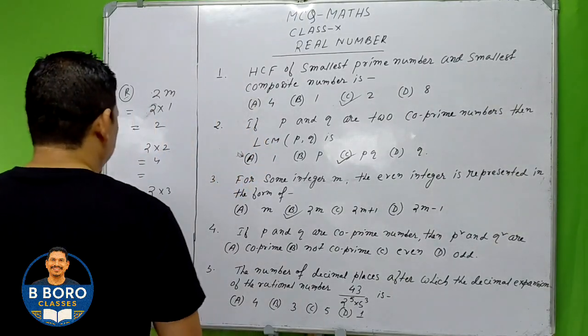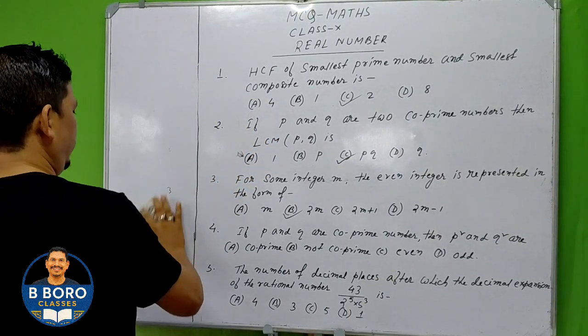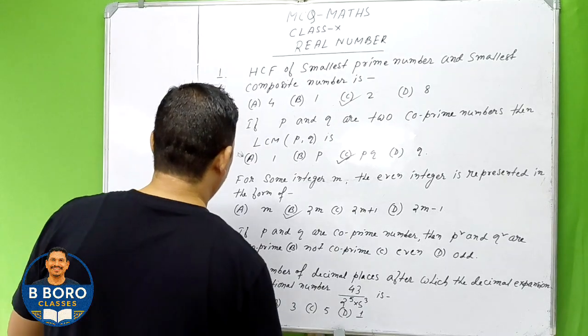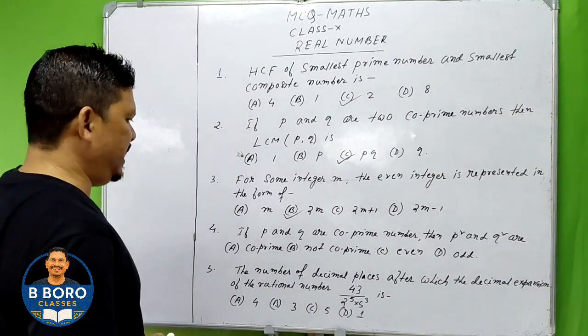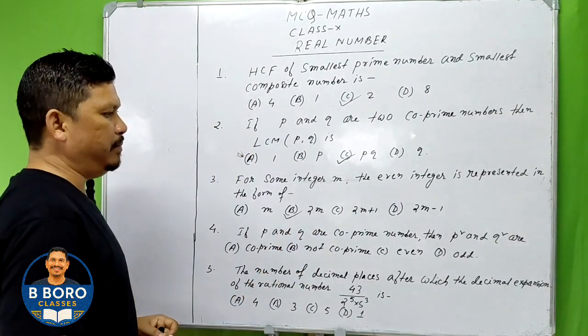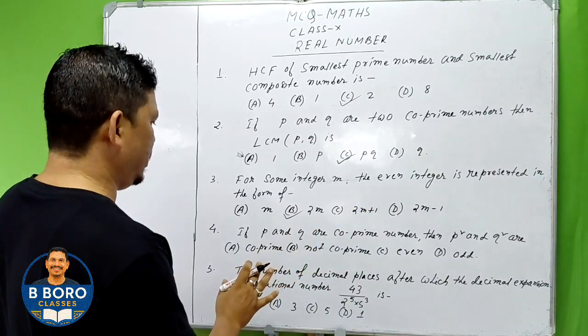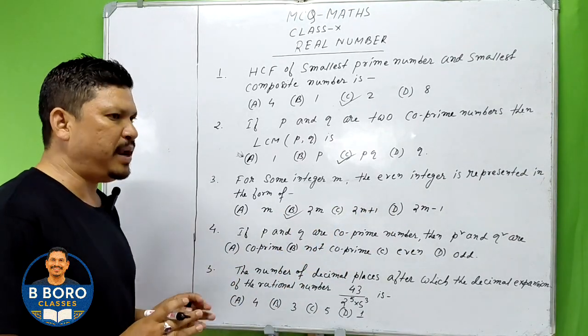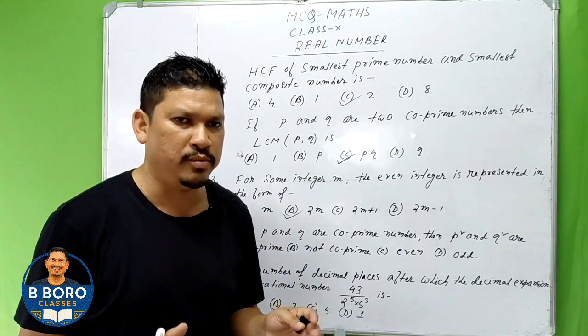Next question, question number 4. What is given? If P and Q are co-prime numbers, then P square and Q square are co-prime. First of all, co-prime means what? Those numbers whose common factor is